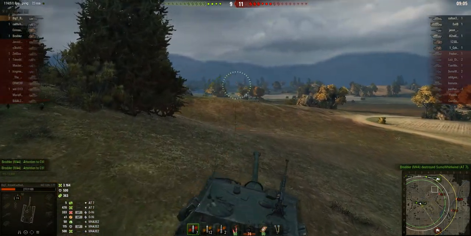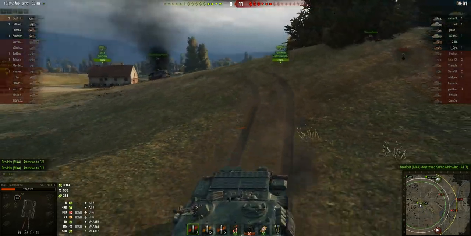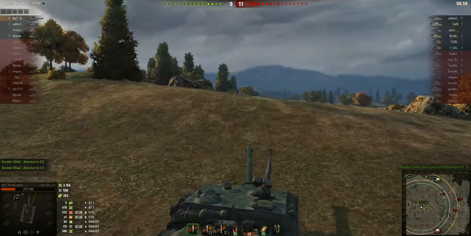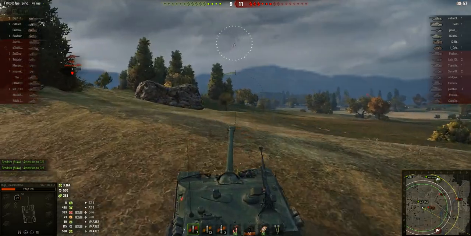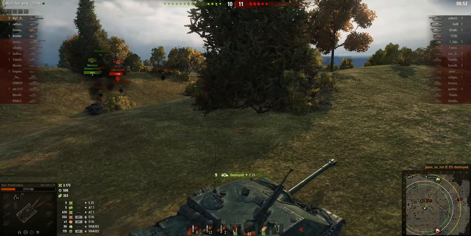They kill the AT7. So now we're down to a 9-11 game. We have an IS-6, Oni, E25, and an M6, 2 artillery. So this could be interesting. E25 sitting there waiting, and once again pulls off a,